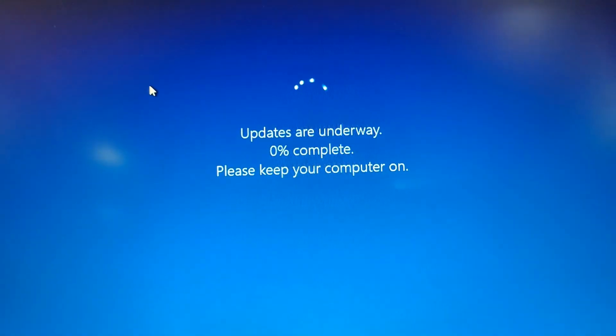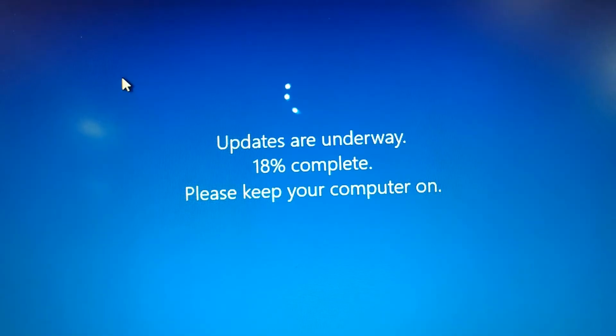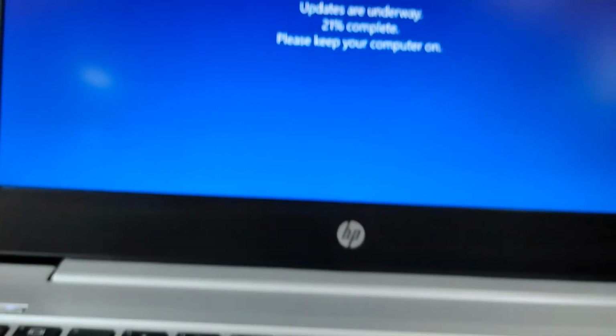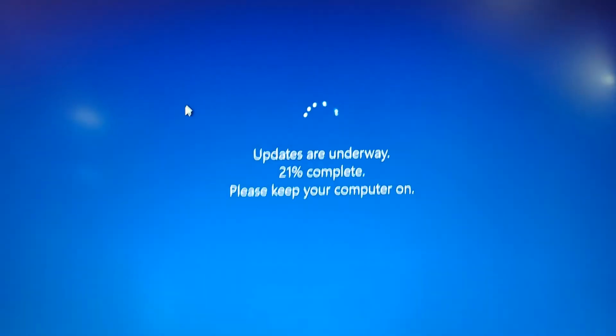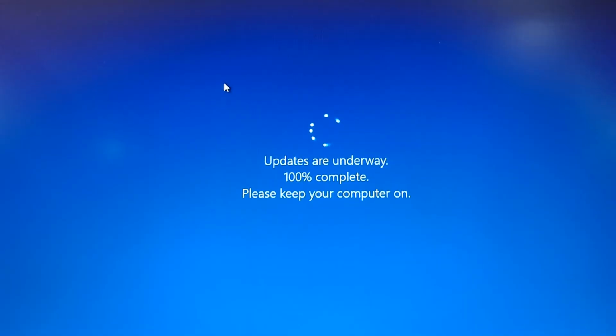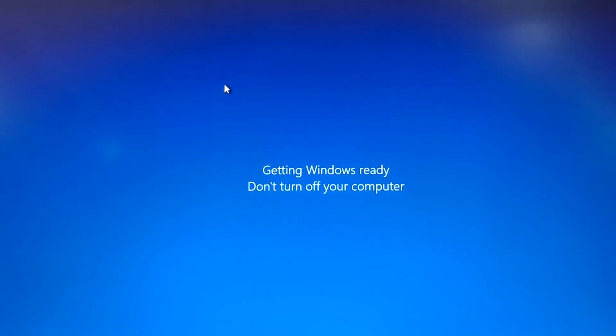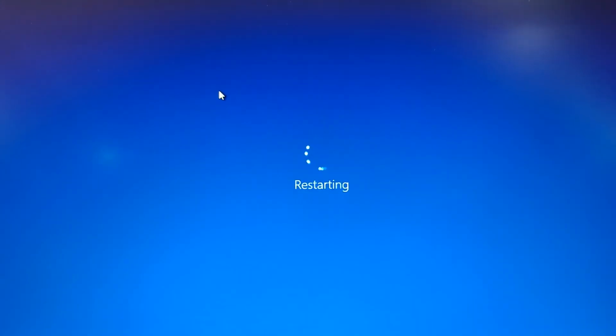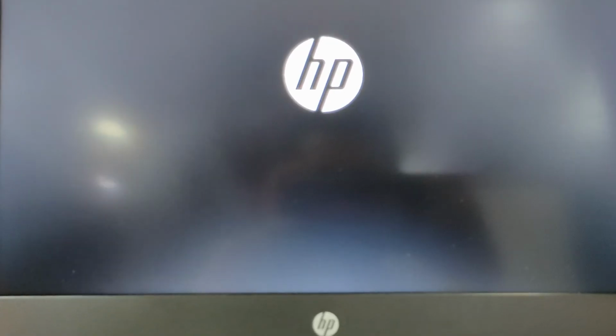Okay guys, as you can see, the system is restarting and updating. After a few minutes, we can see updates are underway, 21% complete. 100% complete, getting Windows ready. Don't turn off your computer. Restarting the system, and the system is booting.